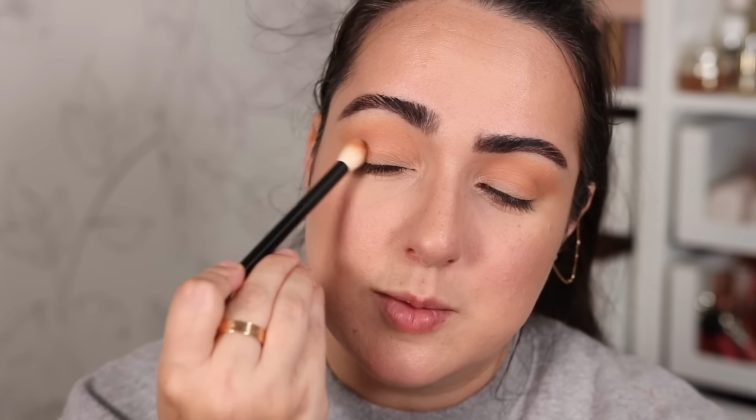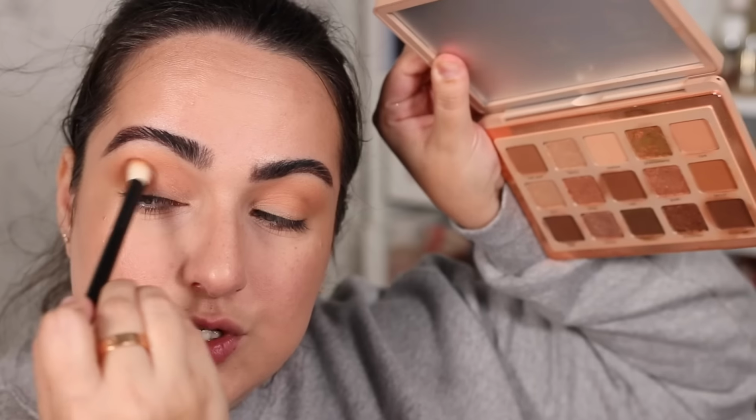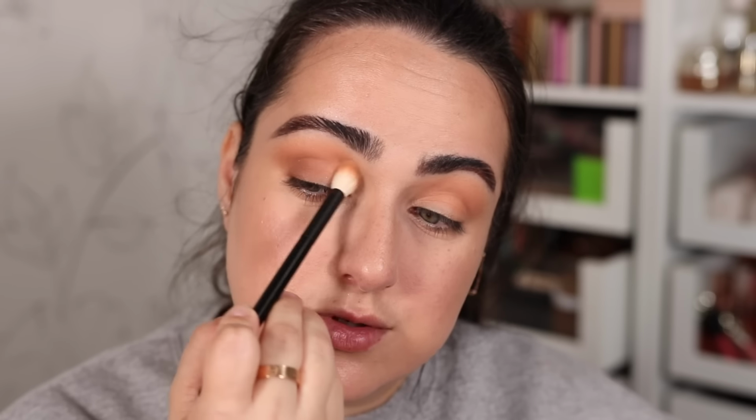I am here to let you know about these Black Friday deals and what my favorite products are. So this right here is the I Need a Warm palette, and I switched shades. I am using the shade Vim, which is the shade right in the middle of the palette, to darken up my crease a bit and the outer third of the eyelid. So just back and forth we are blending, and of course Natasha Denona shadows blend and work like an absolute